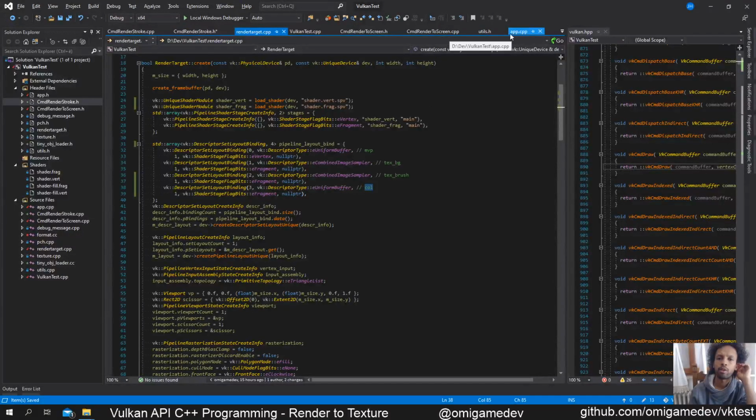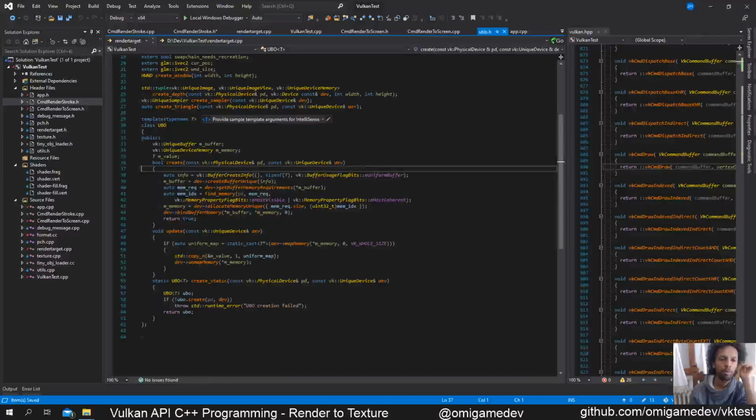So the first thing that we need to do is to go up here